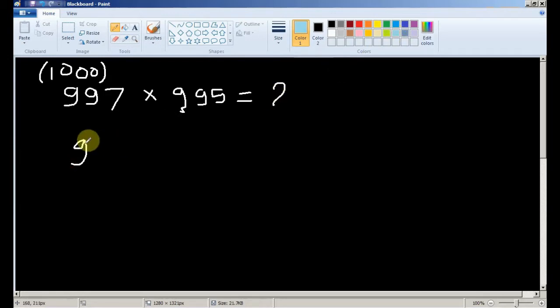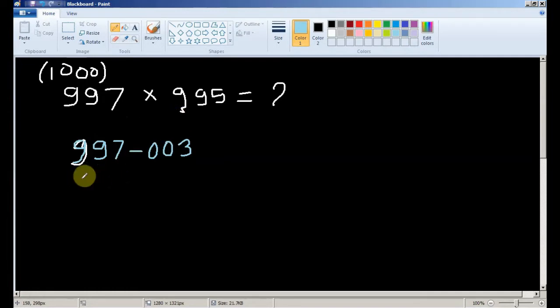Here is a new color. So 997. First you write down the number and then you write down the difference. The difference between 1000 and 997 is 3. So you write 3, but since it is a 3-digit number, you have to take up 3 places. So you write it like this: 003, and this number is below the base, so it is going to be a negative 003.